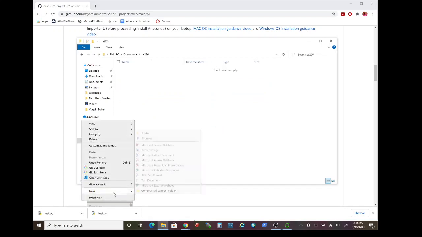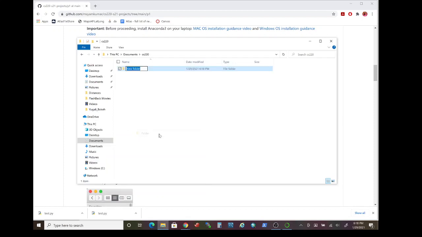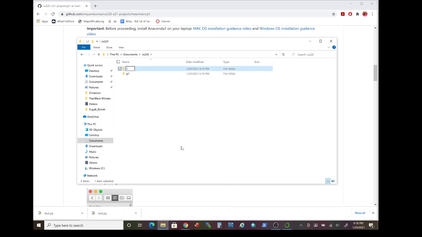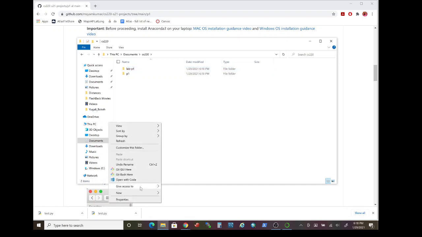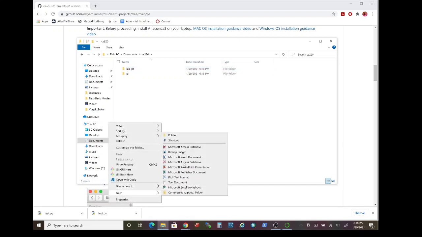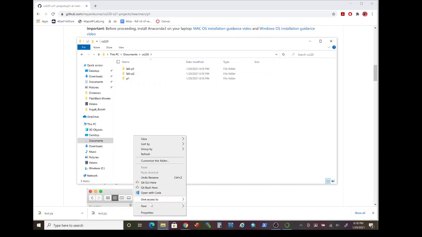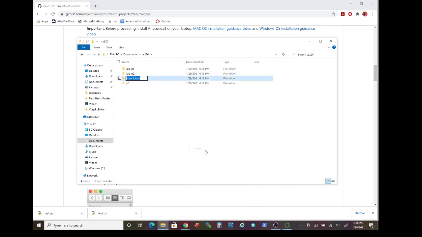Right click one more time, hover on New, click Folder and rename the folder as P1. I'm going to assume that you would have already created a Lab P1 folder following similar steps. Please make sure to create similar folders for future projects and labs. For example, create a Lab P2 folder and a P2 folder.